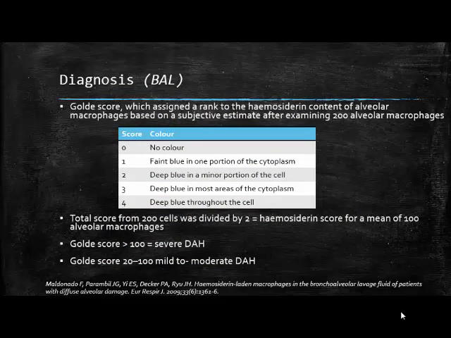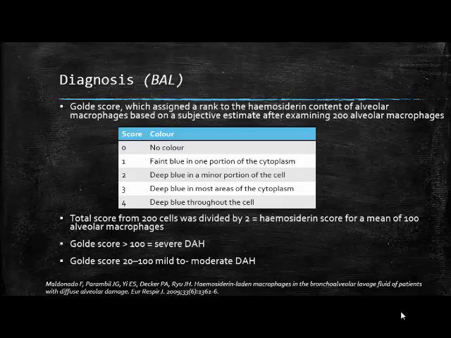I'll be talking a little bit about this score, which is the Golde score. It's a cumbersome scoring system and it's not used, but it's nice to know a little bit about it. What it does is assess the hemosiderin content inside the macrophages. They examine 200 macrophages, and they score the hemosiderin content based on what they